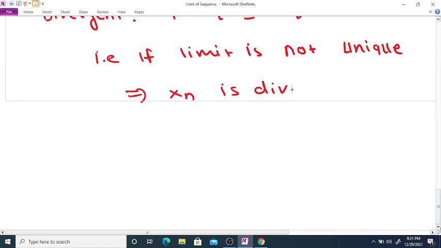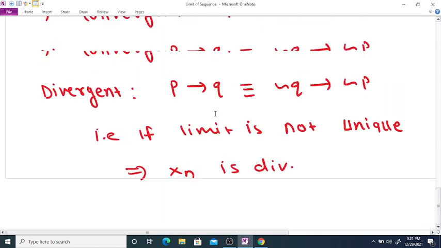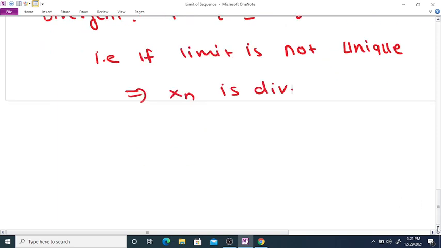This is the first divergence criterion. For example, if we take the sequence x_n equal to minus 1 raised to n for every natural number n,